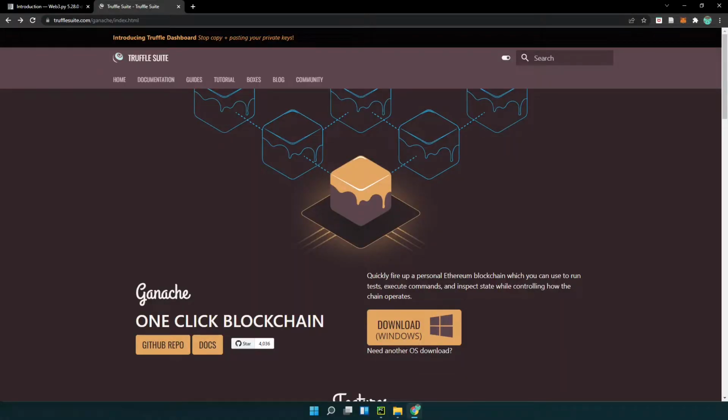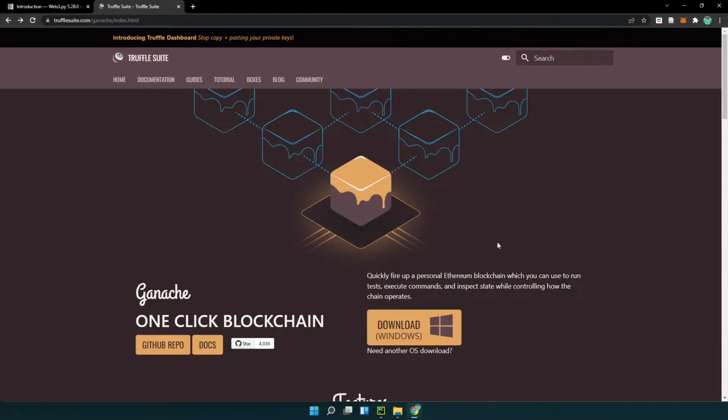The next thing you want to do is download Ganache. Head over to this website, trufflesuit.com. Trufflesuit is a bunch of tools that help developers develop decentralized applications and to connect and to interact with Ethereum. And one such tool is Ganache. So Ganache is a software that builds a local Ethereum blockchain on your computer that can help you test your decentralized applications on it. Just click the download button and follow the procedure, and it's quite easy to install